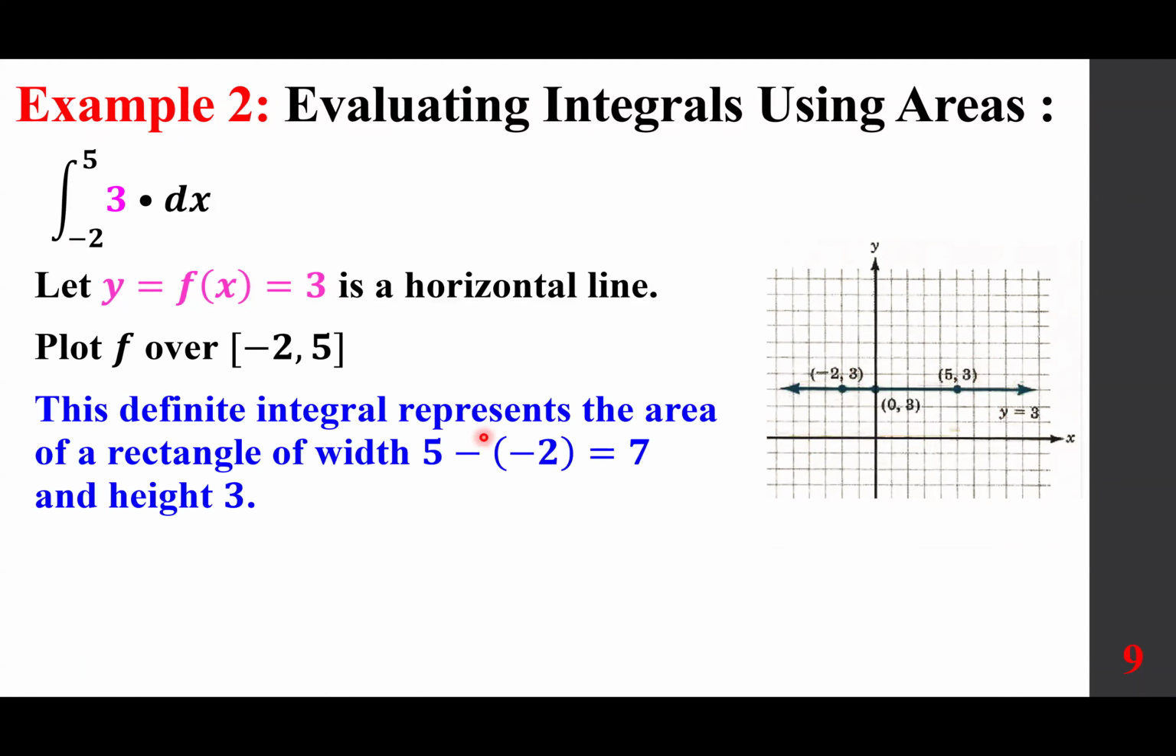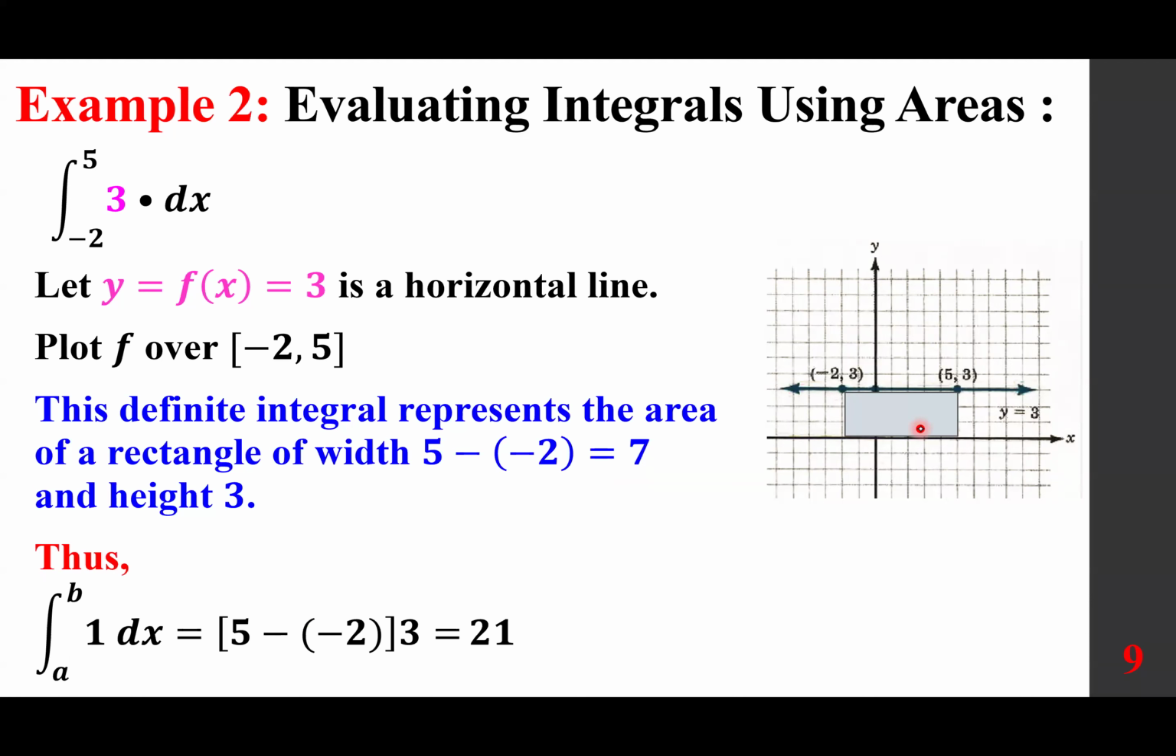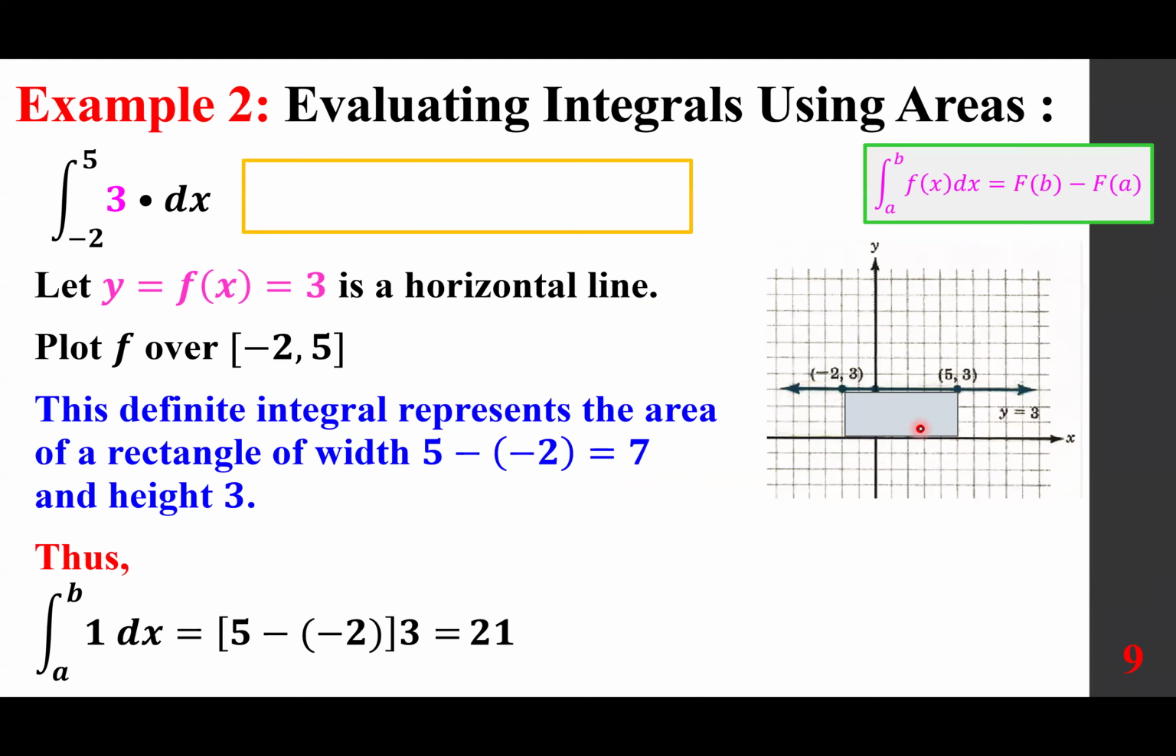And this definite integral represents the area of a rectangle of width 5 minus -2, or 7, and the height of 3. So this rectangle. This is simple geometry. The product of 7 and 3, 21, is the answer. So this is using geometry. What happens is we can easily use the geometry here. However,